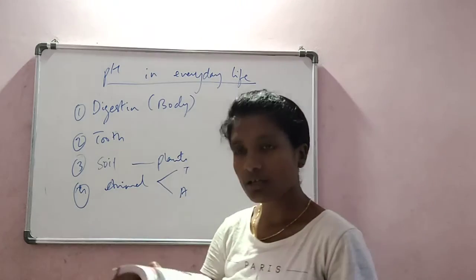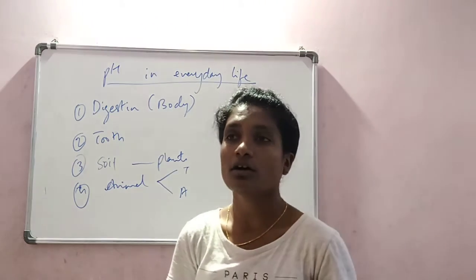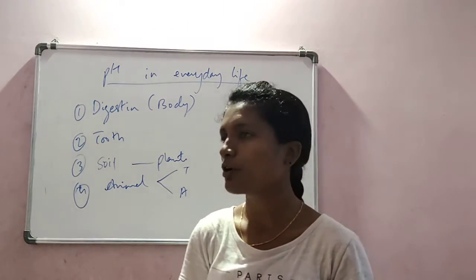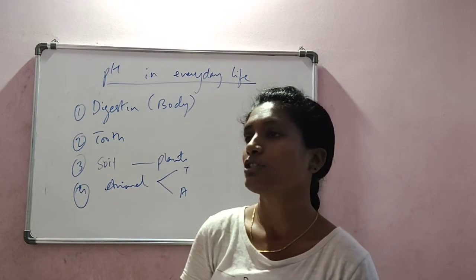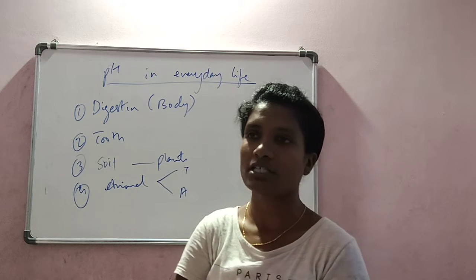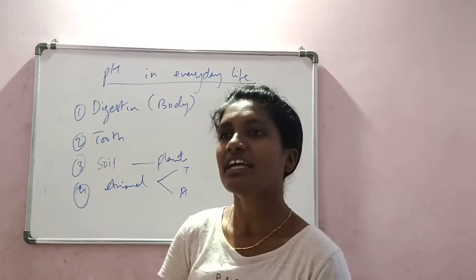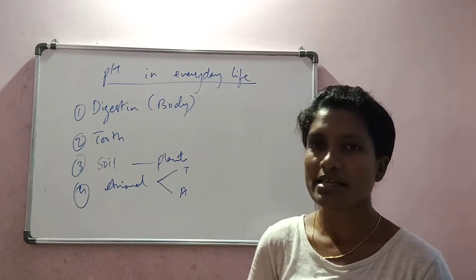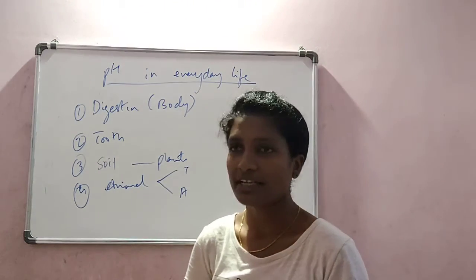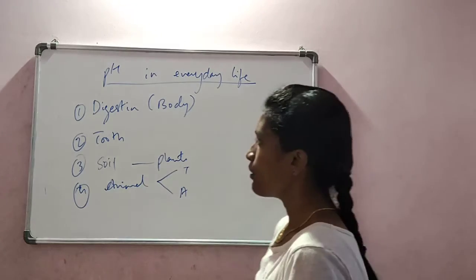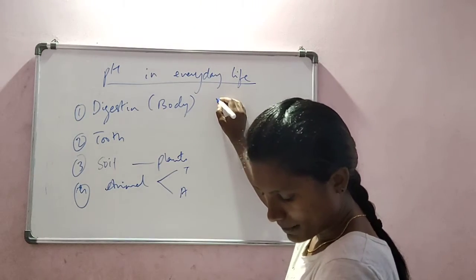So coming to the pH in our digestive system, it should not be in an acidic medium. There should not be excess of acid in our stomach. This leads to the spoilage of the tissues inside our stomach, or the outer covering or layer will vanish, and this causes diseases like gastritis or gastrointestinal diseases, ulcers, etc. Okay, so pH in our body should always be maintained between